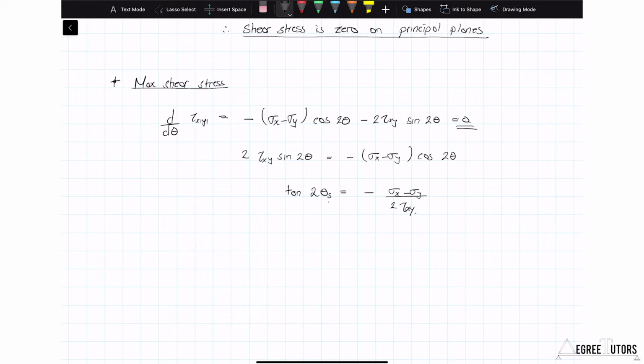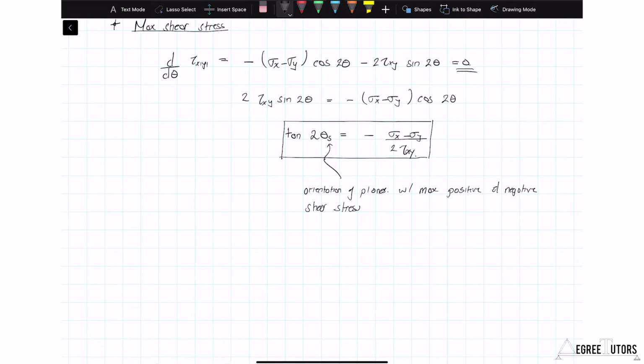Okay, so I've put in a little subscript s here. This is just to indicate that these are the orientations of the planes with the maximum positive and negative shear stress. And so we're going to observe all the same things that we observed previously when we were working out principal planes. The main headline here is that we again have two values for theta s, and the logic that drove us to this conclusion we covered when we were looking at principal planes, so I'm skipping a little bit here, but basically the same logic leads us to the conclusion that we have two angles for theta s that are 90 degrees